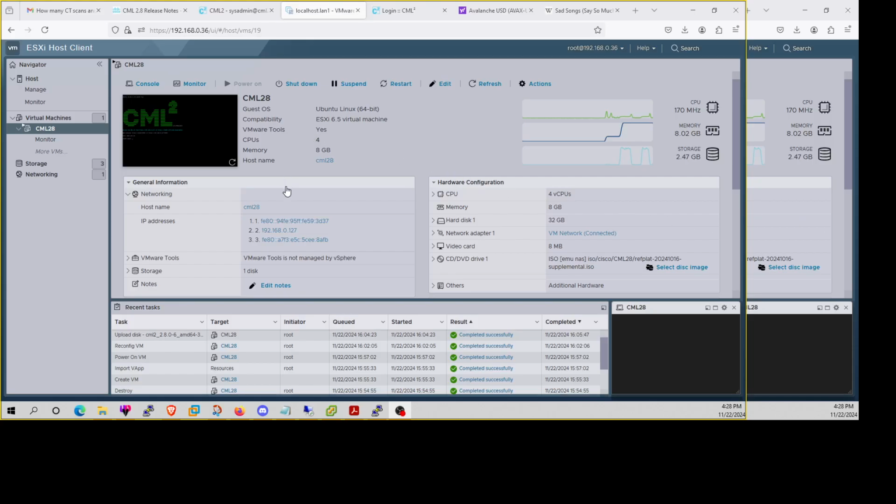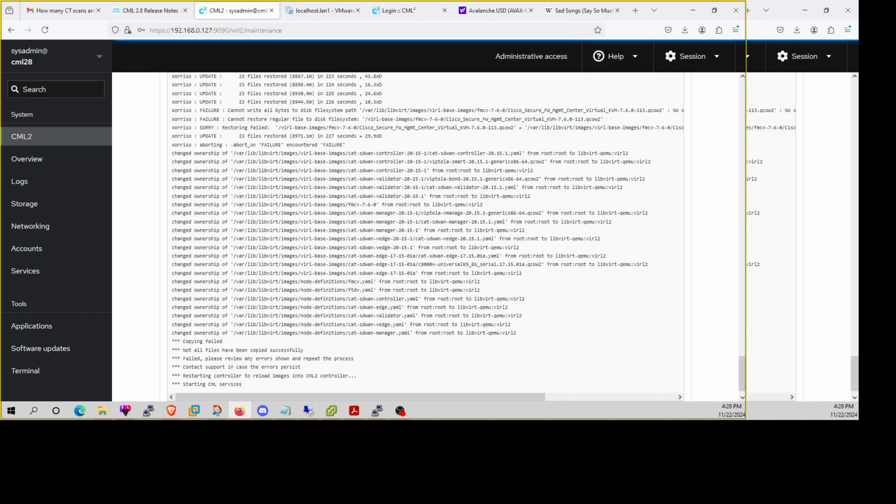Hi, I just wanted to make a quick and dirty video to document how I've been fixing a problem I've been having with CML since at least 2.6, I think. When you copy over, this is a fresh install of CML 2.8 that came out November 21st, 2024. When you copy over the supplemental ISO,